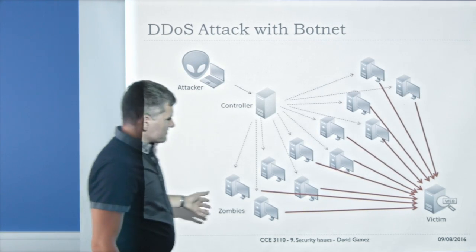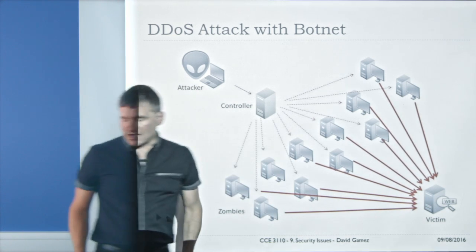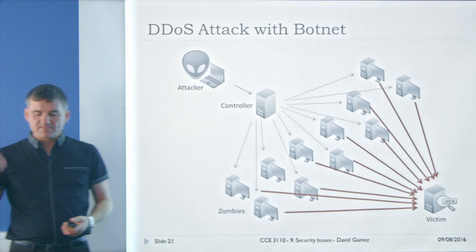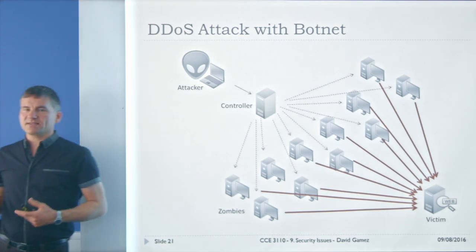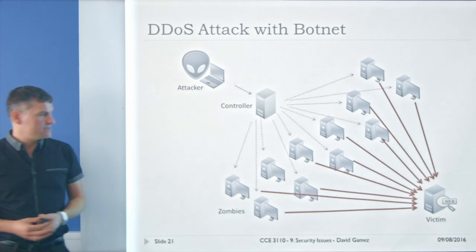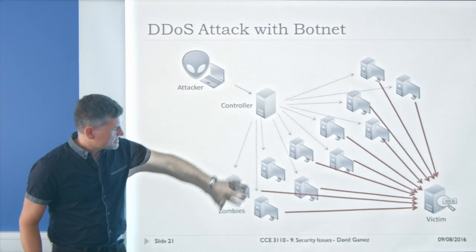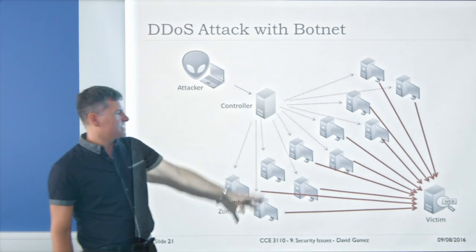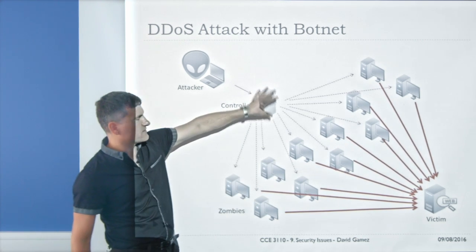So a botnet is a large number of machines, maybe 10,000 machines, maybe even up to 100,000 machines that have been separately compromised by an attacker. Maybe the attacker used phishing emails to get access to these machines. And the attacker will have some kind of little server or program running on each of these machines so they can be controlled from a single computer.